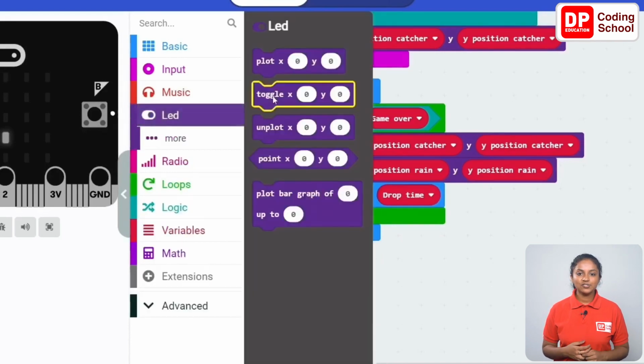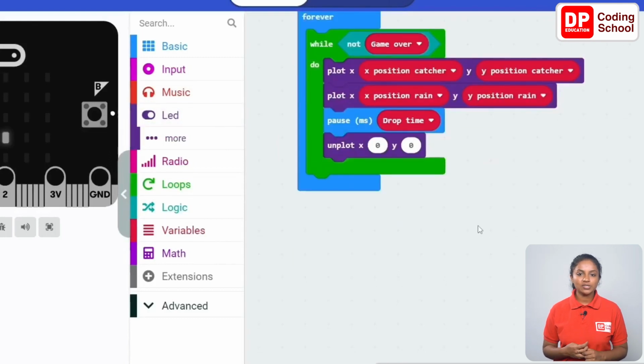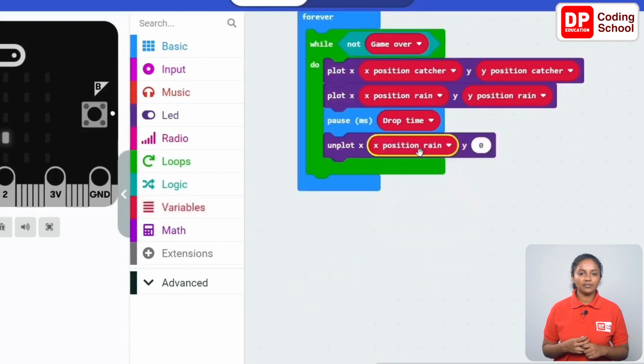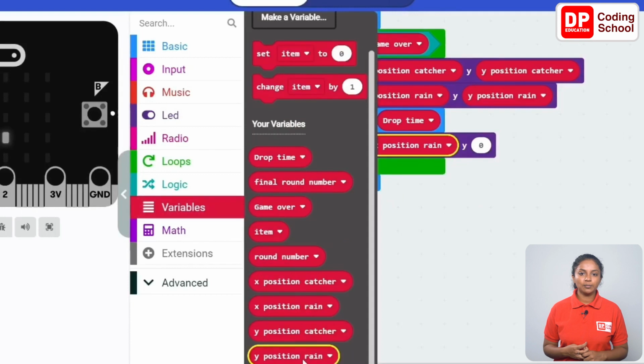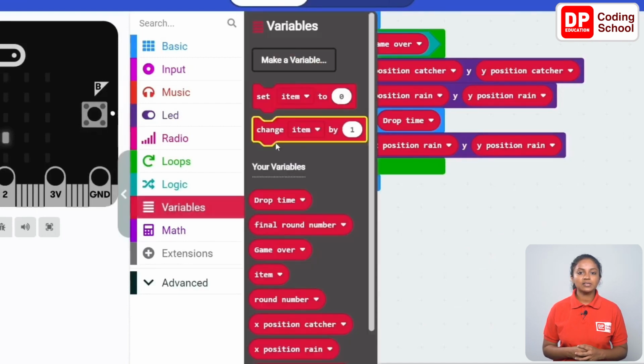For this, let's drag an unplot code block under LED below the post code block. For X, drag an X position rain code block under variables. For Y, let's drag the y position rain code block under variable. Since the raindrop is moving down, now the y position of the raindrops need to increase by 1. For this, drag a change item by 1 code block in variables here and change the variable as y position